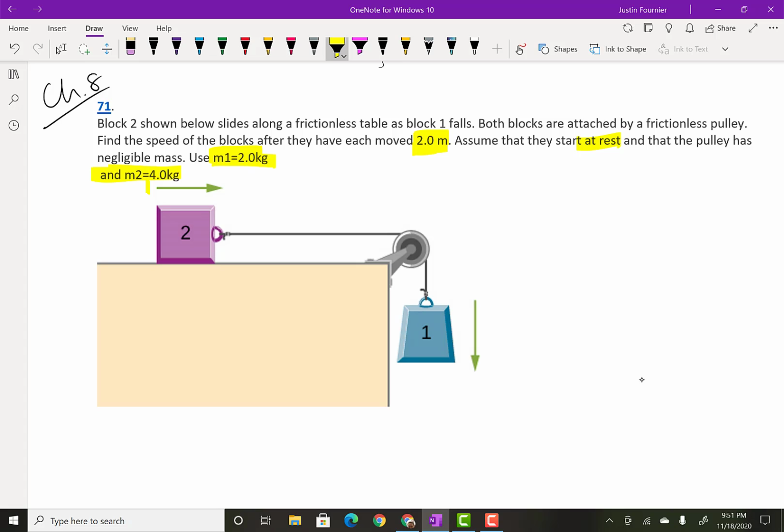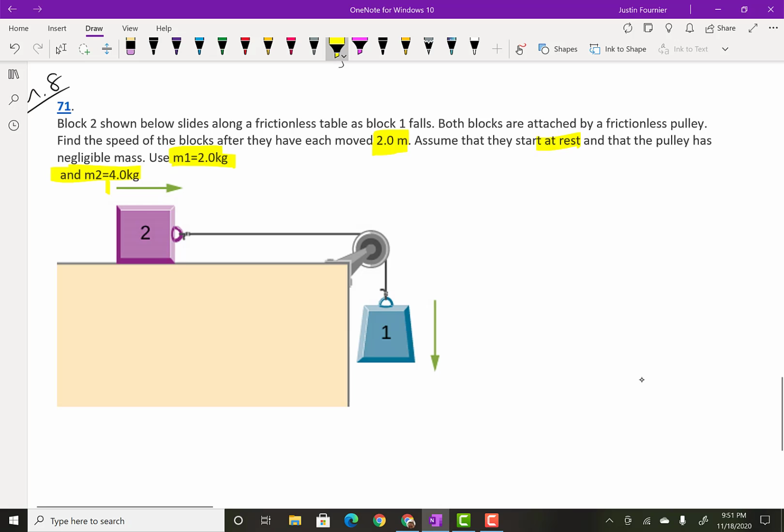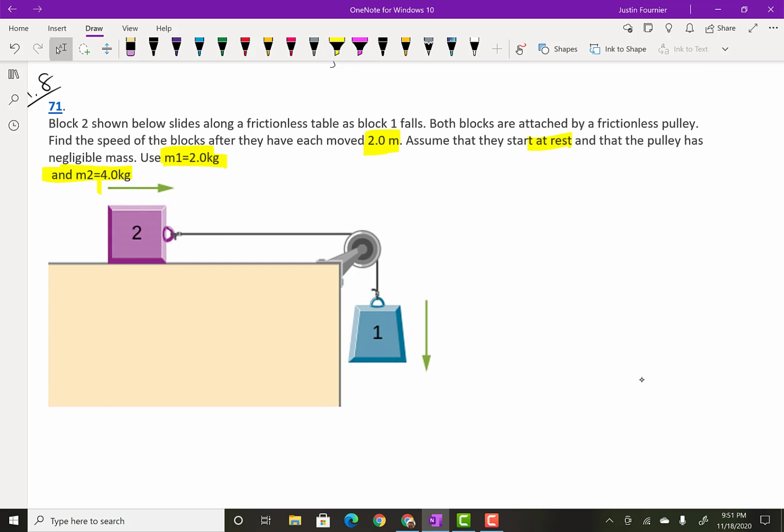I did this during office hours today and had a really good conversation, and we did this problem multiple times. What's great is, no matter which way you look at it, you still get the same answer. So I'm going to look at this multiple ways. One of the first ways is to look at these kind of individually. I'm still going to use the conservation of energy, though, with the idea that the only non-conservative force